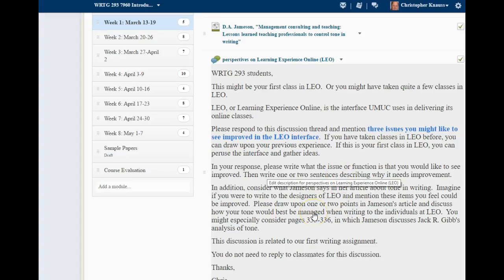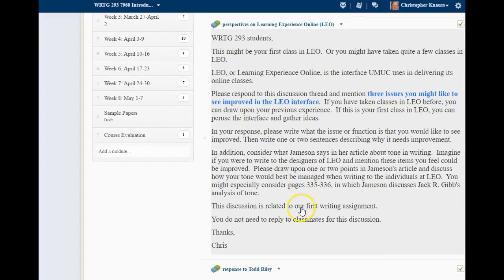But also, this discussion board is asking you to imagine you were writing the designers of Leo and mention these items you feel could be improved.